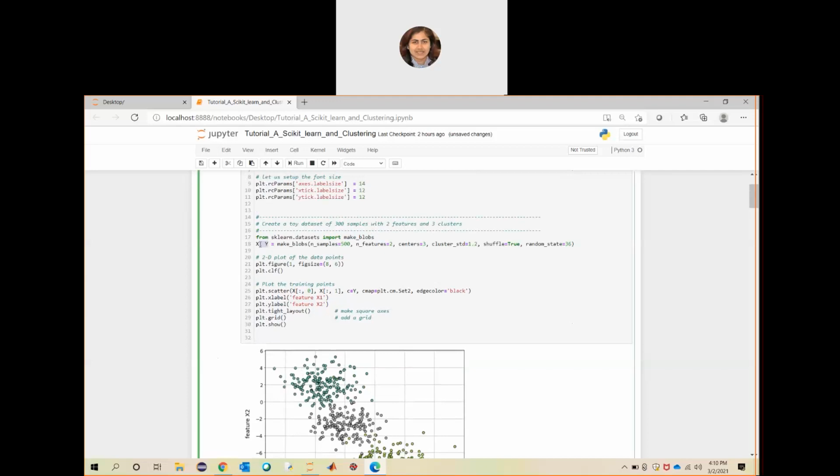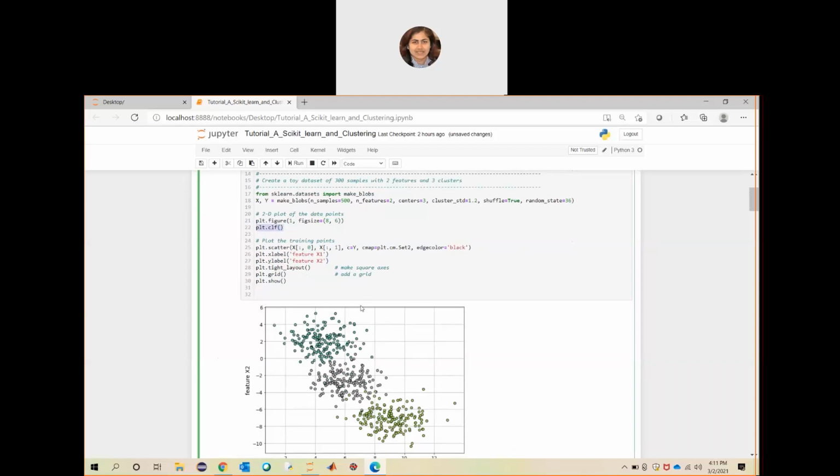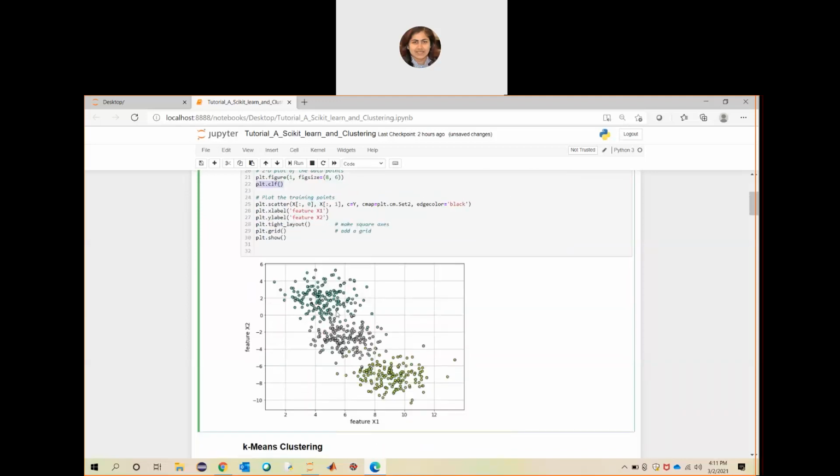After creating the dataset with X and y labels, now create a 2D plot for the data points, a two-dimensional plot. You are defining one figure and the figure size is 8 by 6, the width and the height. And the function clf is used to properly place the figure. Now, to have the data points in this format, you can use the scatter function.